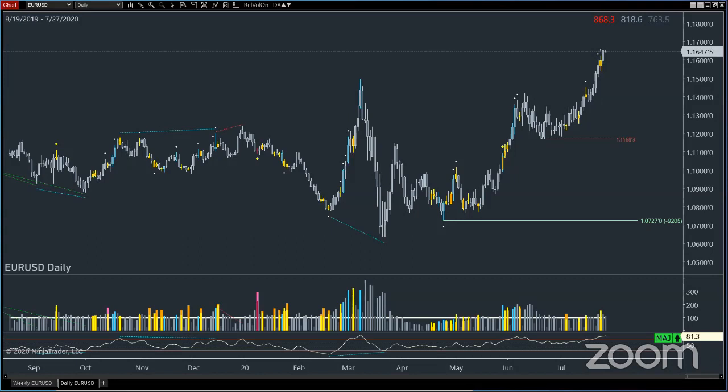Can I go more in depth about the micro comment Todd is asking? Yeah. So when the volatility is high, essentially you want to trade based on the size of your account, right? You want to position size as best you can. And if you have a small account, then obviously you can't really afford to trade multiple contracts when volatility is as high as it is. So with the micros,